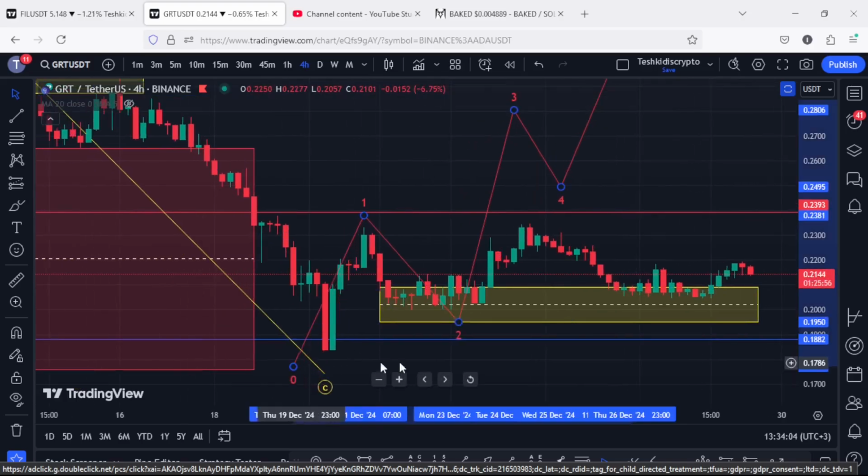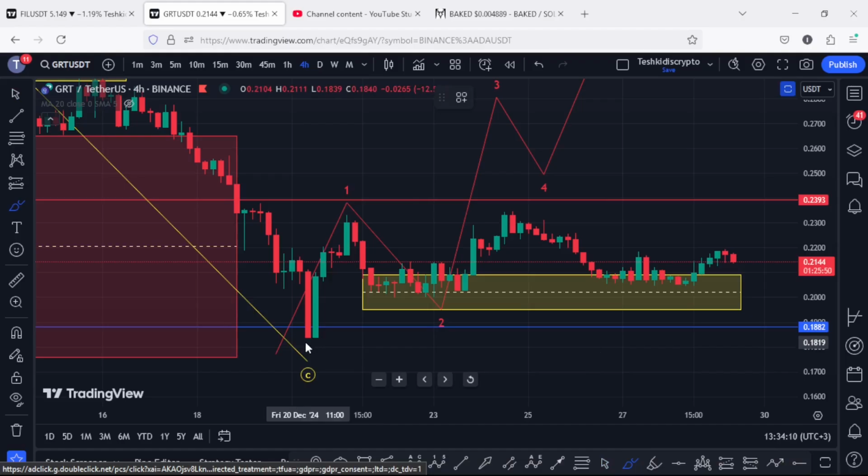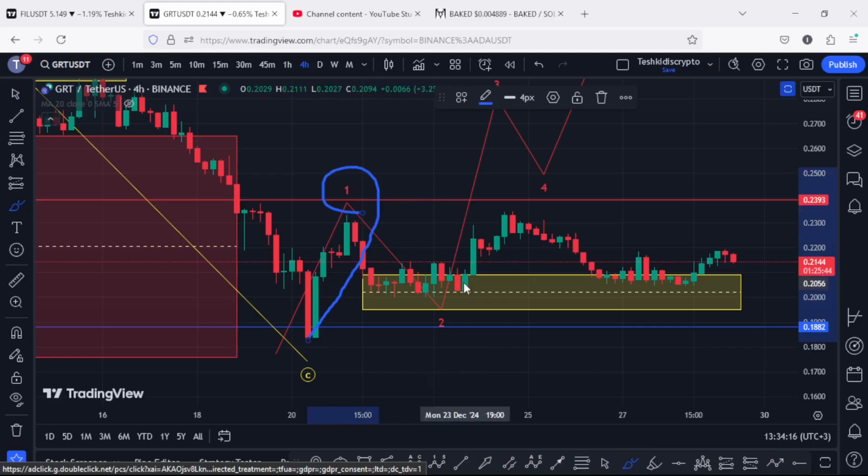giving you a recap of what has been happening from the lows we made on the 20th of Dec, where you can see that we first saw a bit of a bounce to the upside and we picked in the formation of this wave 1. Then we saw a bit of a pullback in the formation of this wave 2 into the minimum target areas highlighted on the charts using this yellow target area, an area that we have now fully maximized, and at some